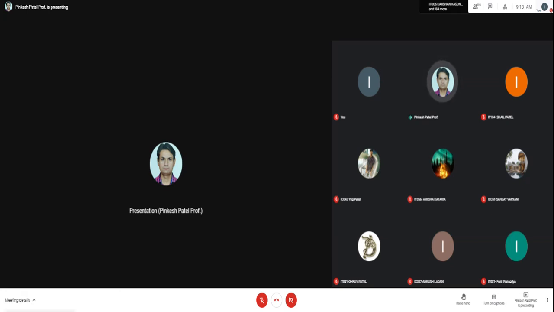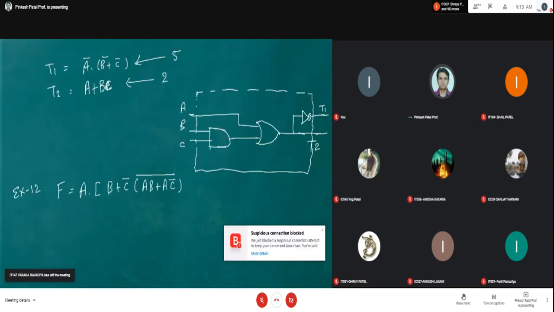If there is any difficulty in explaining it, then the fundamentals are not clear. First, you try to solve this. I am getting the answer up to AB. The optimized state is AB. Please try to get it and correct me if I am wrong. This is example number 12.